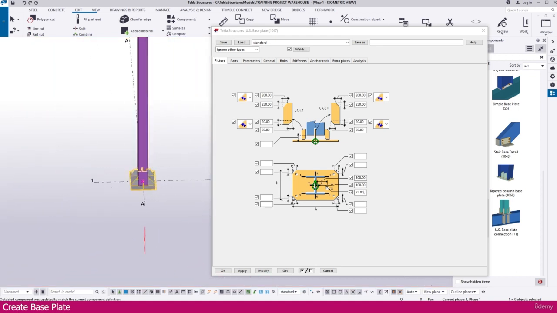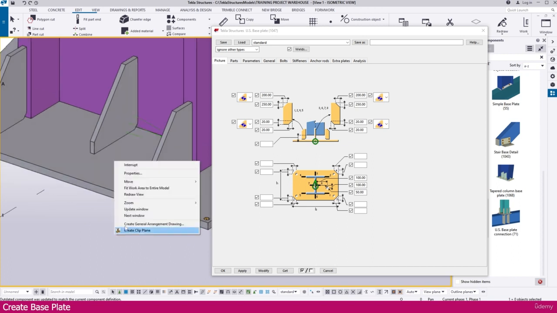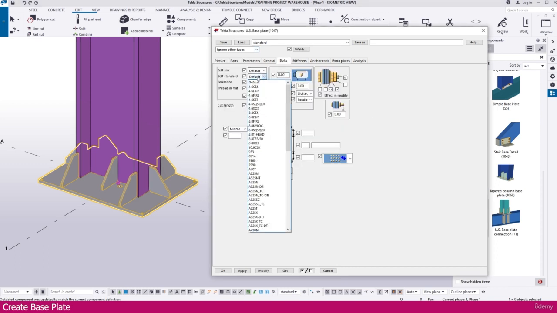Or you can select, just make it a little bit big also, 50, that is better. So you can make that depends on your project standard. So other things we will decide now. Go to bolt. What is the bolt standard? You can select the bolt standard